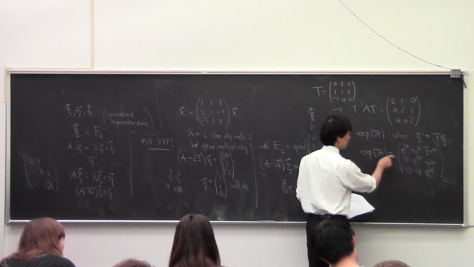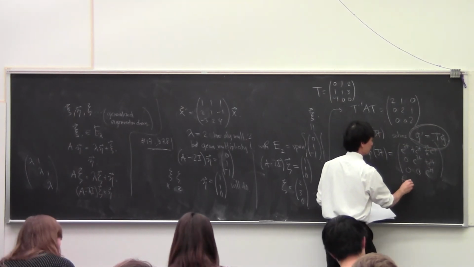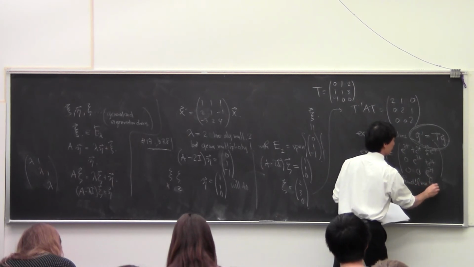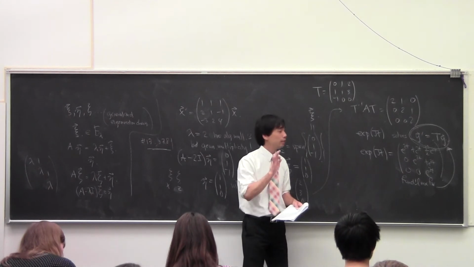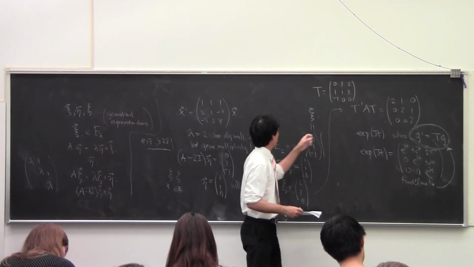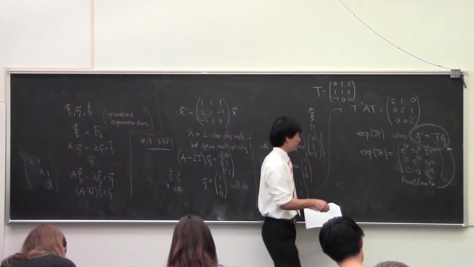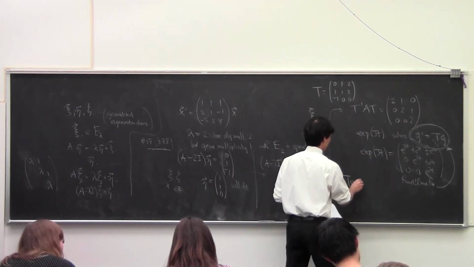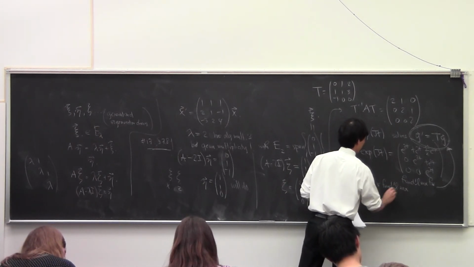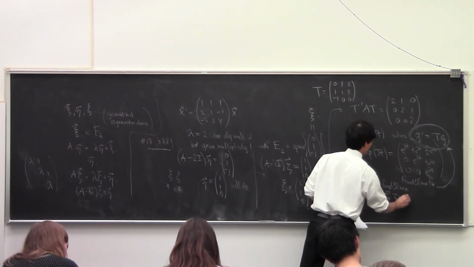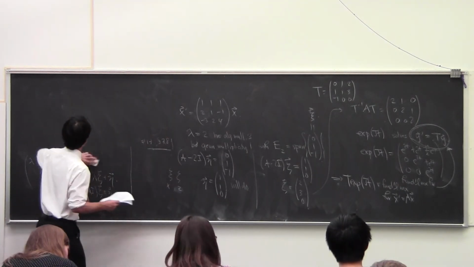Okay, so this is the fundamental matrix for this, right? And then you get the fundamental matrix for your original system by multiplying this thing by T. So T times the fundamental matrix of J is the fundamental matrix for x prime equals Ax. So you end up with